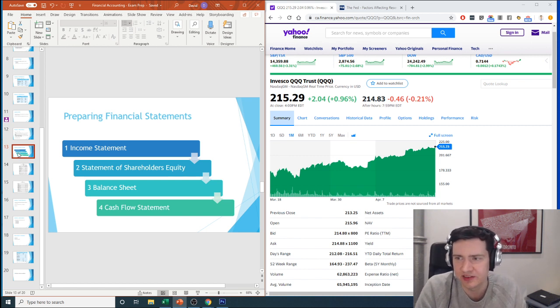Is it better to buy a tech ETF or a stock like Apple? It completely depends on your risk tolerance. If you want to be less diversified, then Apple, definitely. If you want to be more diversified and less exposed to a shock, for instance, if Apple were to have some cataclysmic event and, I don't know, China just completely went under and their manufacturing sector went under, then it could be a higher risk than buying the entire tech ETF, the QQQ.